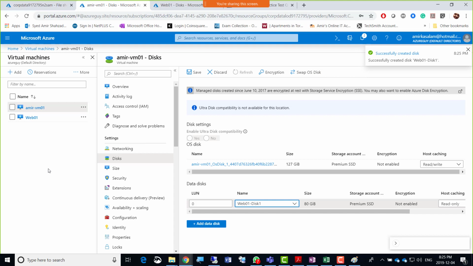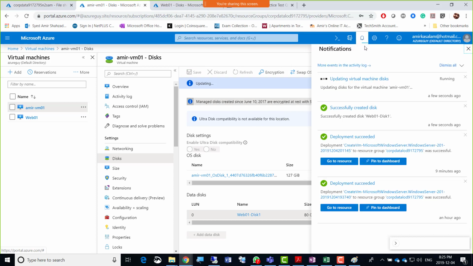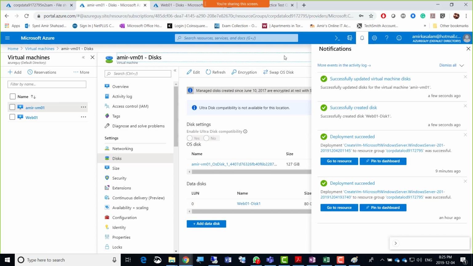So guys, managed disk. You go to disks, and then it is created now. But does it save? You have to save it. So it is added there, this one. But when you save it, I hope it lets you save that. Unmanaged is used for when you are okay. It is saved. Oh well, it is still updating. Now it is saved. Okay, guys.